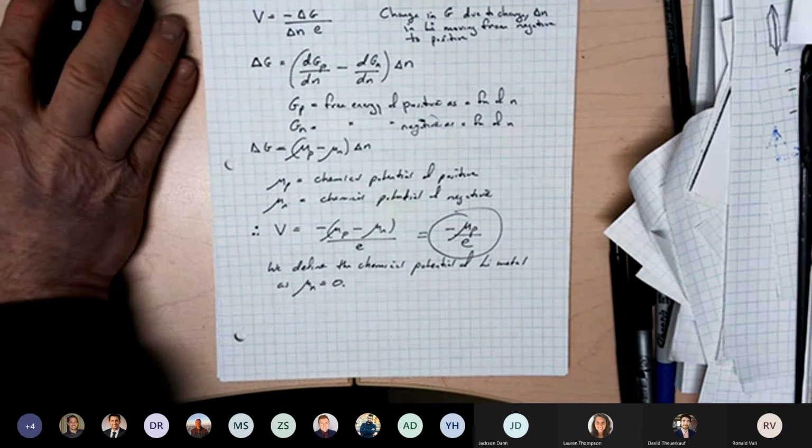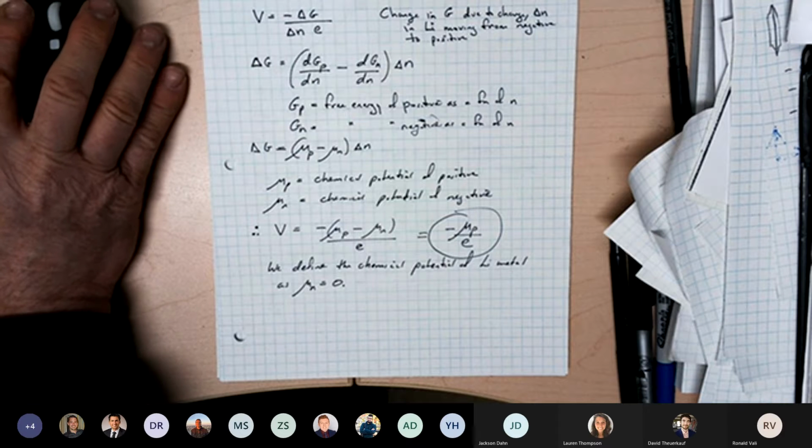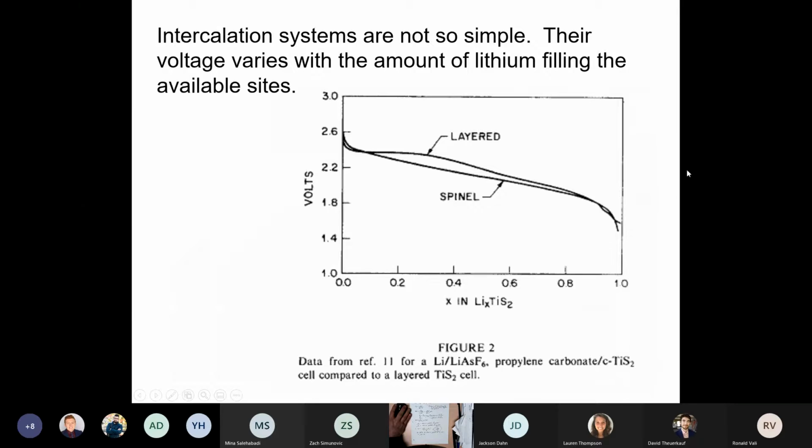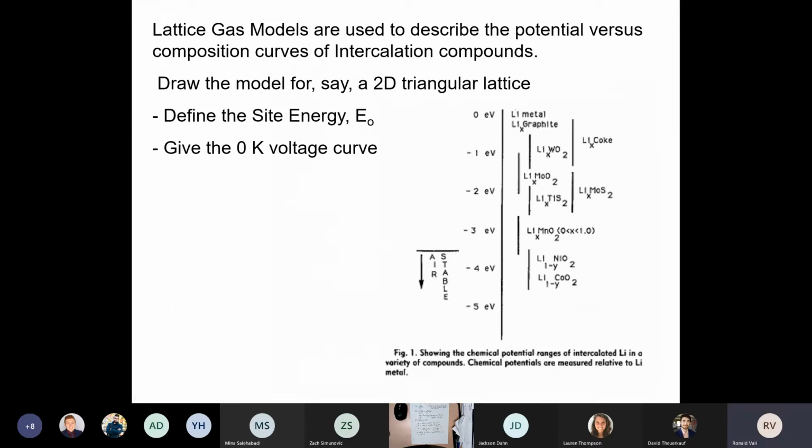So I'm going to share my screen again just to see where I am. I think you should be able to see my screen now. Yes. Okay, so now it says